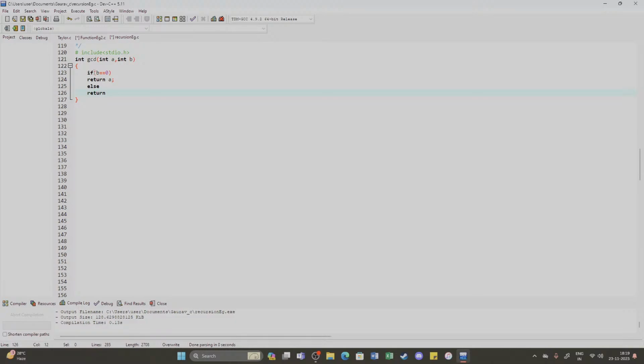Return GCD of b, that will be the new value of a, right? Comma, a mod b, right? This much only. And in the main,